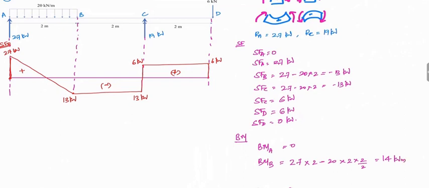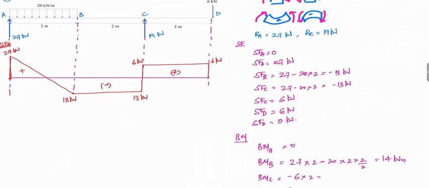Now you need to find the value for bending moment at C. Your section is over here. You need to find the bending moment. I will take the easier one, that is 6 kN towards the right. You can see there is a 6 kN towards the right in the downward direction, which makes it a negative value. So you can write this as bending moment at C is equal to minus 6 into 2,